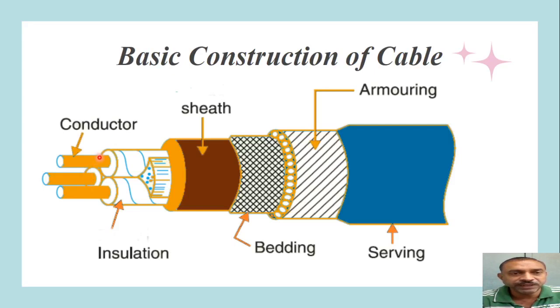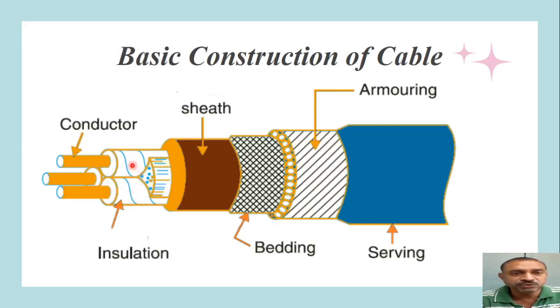Now, the current is carried by the conductors, so a layer of insulation has to be provided over them. Insulation is a material that opposes the flow of current through it. Any leakage current from the conductor material to the ground must be avoided or minimized, as the cable is usually used for underground purposes. So a layer of insulation is provided over each conducting part.